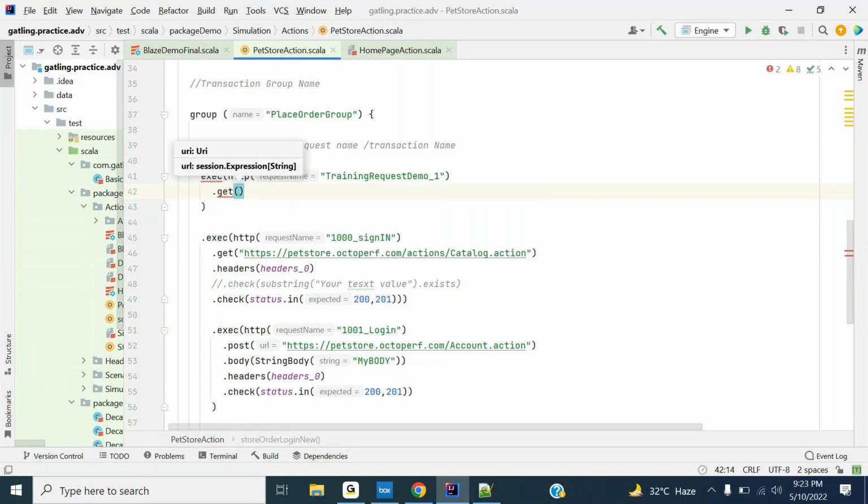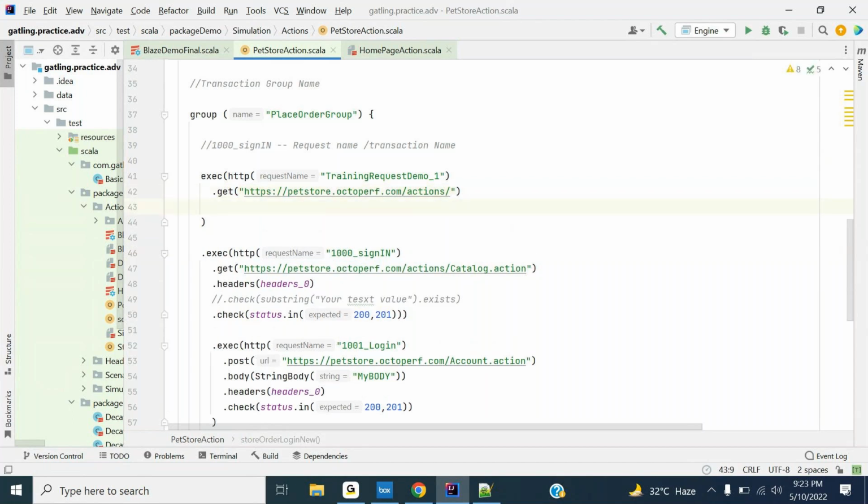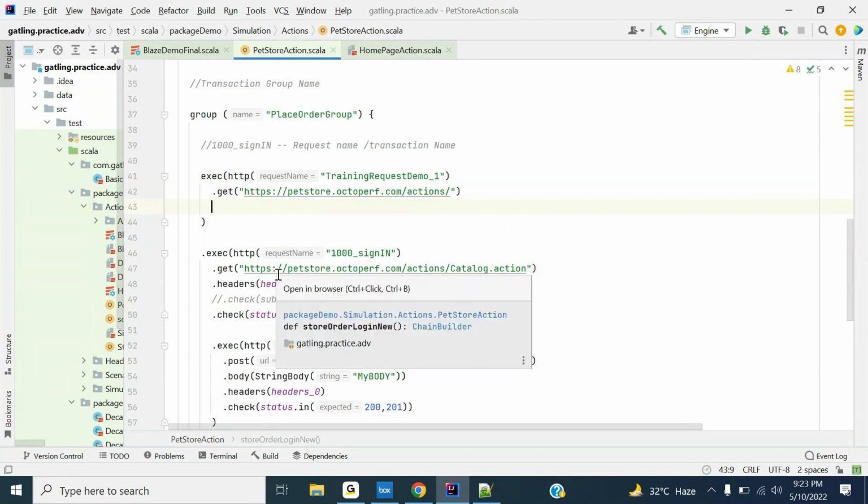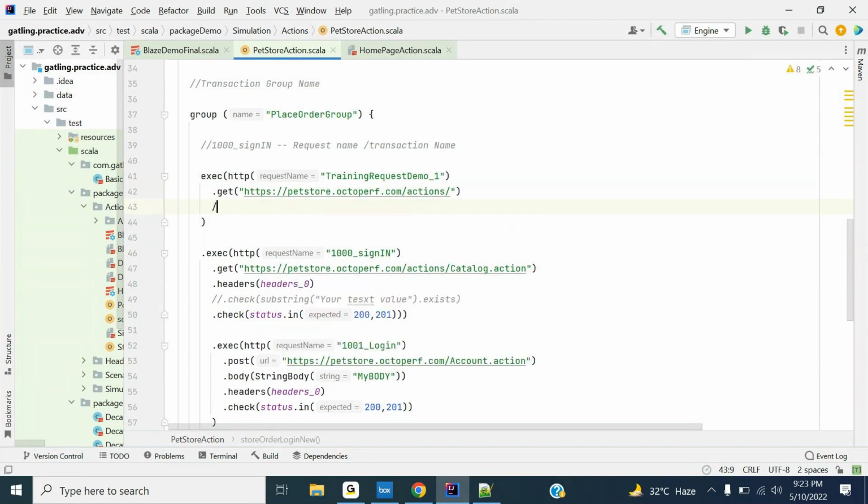Now you have to give the complete URL, the URL of the request you are executing. I am giving it till actions. Now we have to put the headers. There are two ways of putting the headers. You can either push the headers over the request manually, one by one,